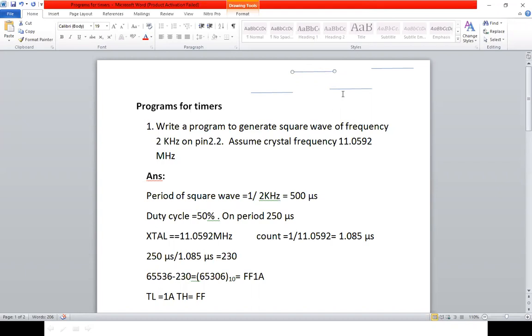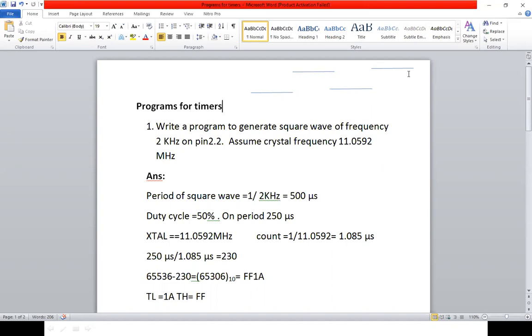What we have to do: first take the value from 0 to 10. After this you have to complement the port, so the 1 becomes a 0. In electronics, this is the 1 and this is the 0. So for 1 the delay runs from this point to this point. Again you complement it, so it becomes 0, and the delay runs again. The process is repeated.